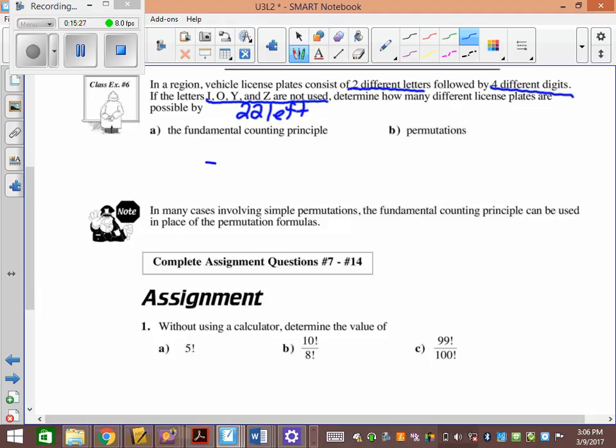Okay, so we have 2 different letters followed by, actually it says different here, 4 different digits. What does different letters mean? You can't repeat. If it says 2 different letters, you can't repeat. That's another way it can say it, okay? So I have 22 letters for here. Then how many do I have for here? 21. Then here I have 4 different digits. What are my digit options? 0 to 9. So 10. But then I keep one there. So 9, 8, 7. Now, instead of going 22 times 21 times 10 times 9 times 8 times 7,